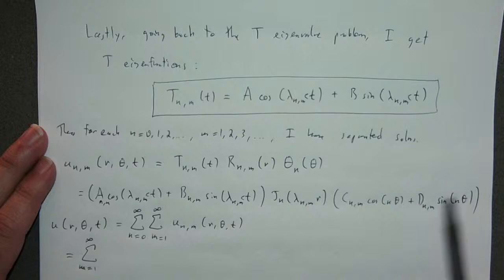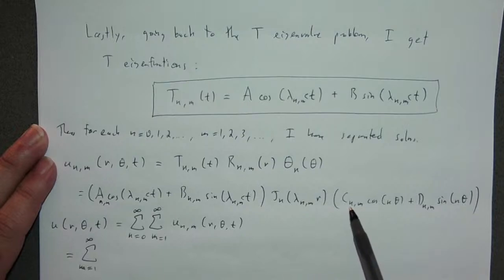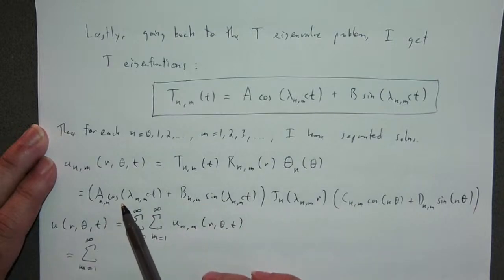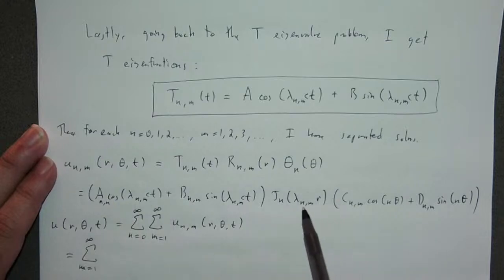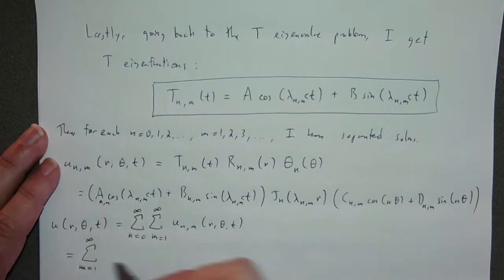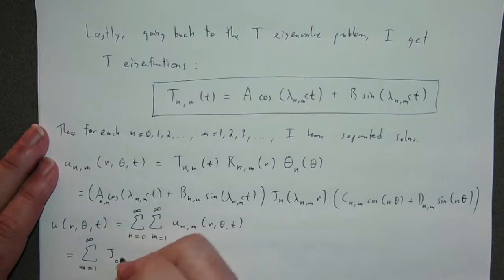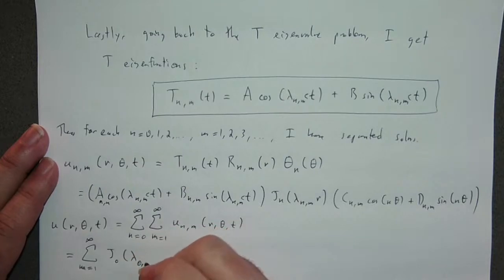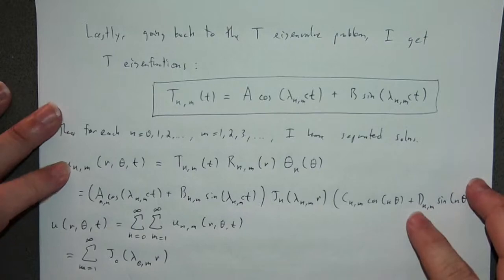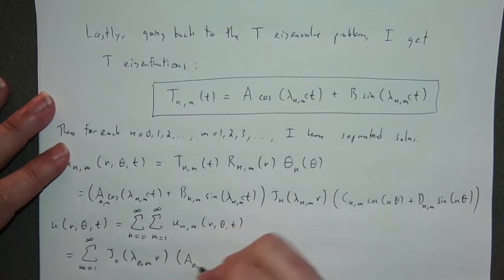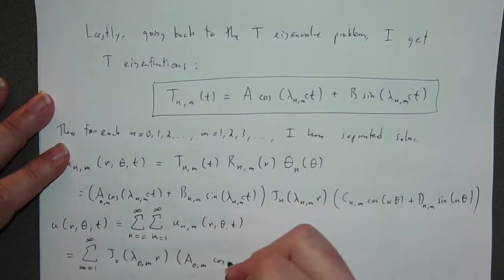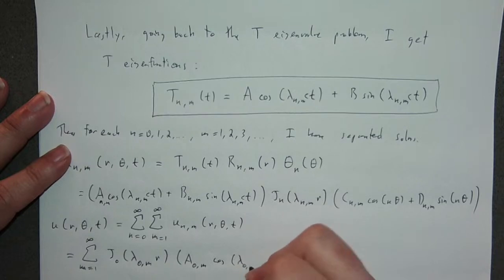This would be sine of 0, so that's 0, so the d's go away. So this would be c sub 0 n times sine, and then a sub 0 n times cosine here, where I've basically absorbed this a and b in this expression. So what do I get? I get J of 0 lambda 0 m r times a 0 m cosine of lambda 0 m ct